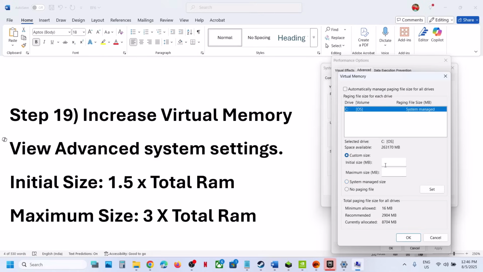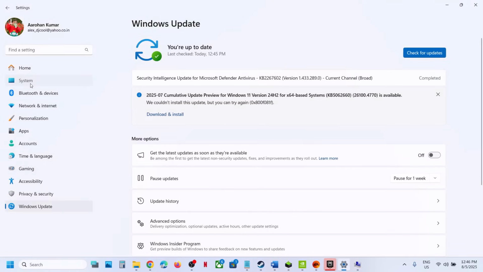then select custom size. For initial size is 1.5 multiplied total RAM. Total RAM you can check in your Windows settings. Go to system, and then